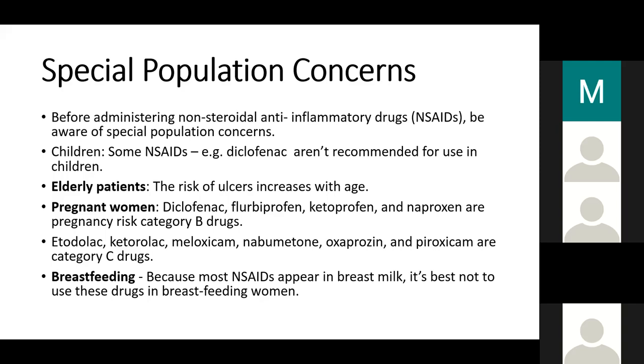Then as for category X, it is no. There is evidence of fetal anomalies in animals, evidence of fetal anomalies in humans. And so it is absolutely contraindicated. So an example is the anti-cancer medications, for example, methotrexate or